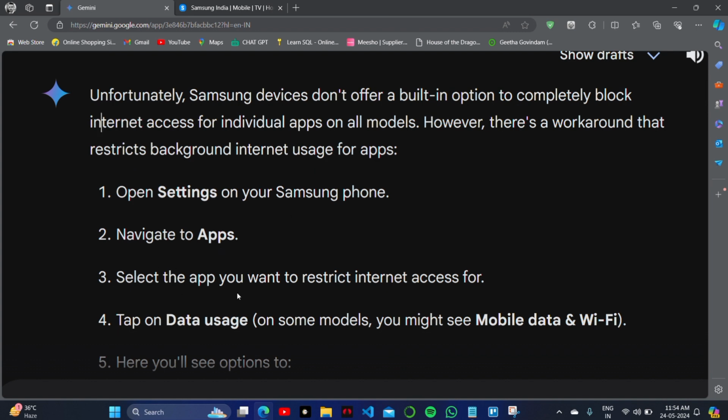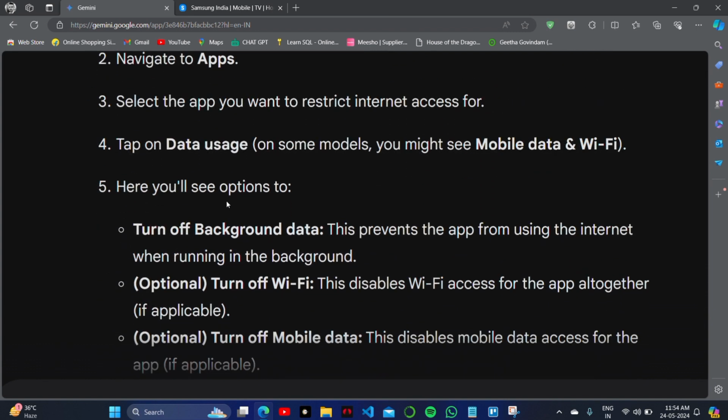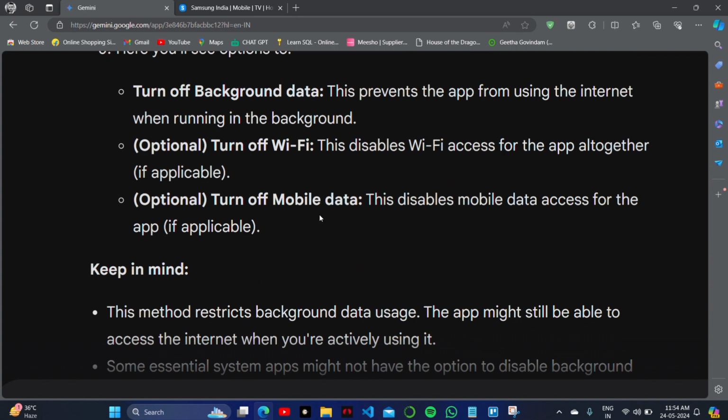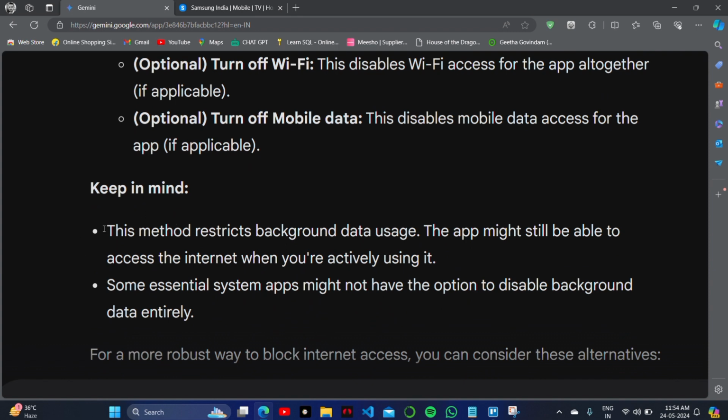Open Settings on your Samsung phone. Now, navigate to the apps manager of your device and select the app you want to restrict internet access for. Tap on Data usage. On some models, you might see Mobile data and Wi-Fi. Here you will see the options to turn off background data, turn off Wi-Fi, and turn off mobile data. You can simply do this on your phone, and keep in mind that this method restricts background data